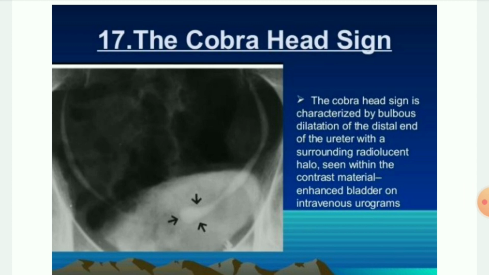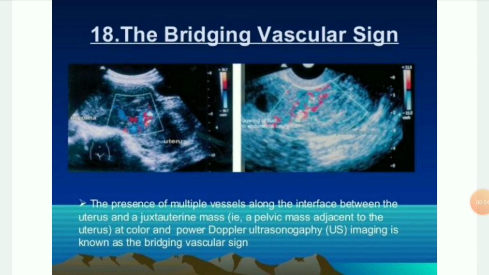This type of ureterocele is also termed orthotopic since it arises from a ureter with a normal insertion into the trigone. Most intravesicular ureteroceles are incidental findings in asymptomatic adult patients. Large ureteroceles can cause obstruction of the bladder neck along with obstruction of the ipsilateral ureter. This results in an increased frequency of calculus formation as well as infection. Next sign is the bridging vascular sign.